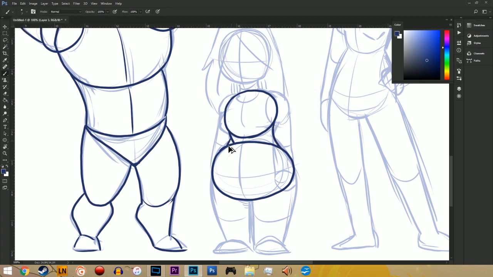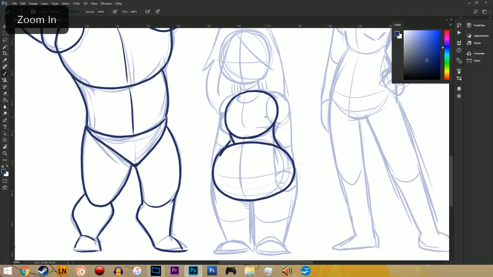There's a little bit more to it than that, but this is the basics. That's a pear shape. It's a very exaggerated pear shape, a subtle mix between a pear and an hourglass. And then we add a breast right there. Yes, I said breast, get over it. And then we've got some shoulders.